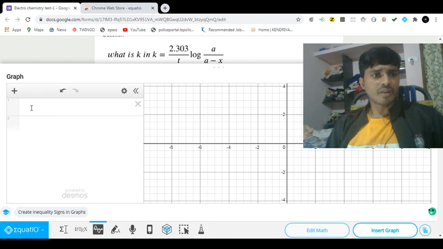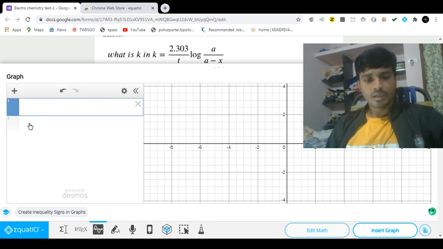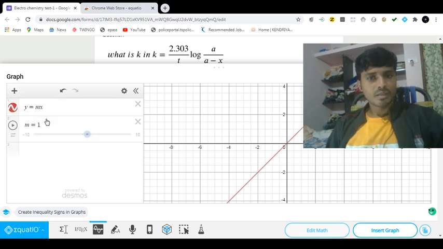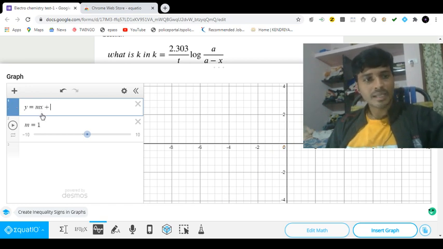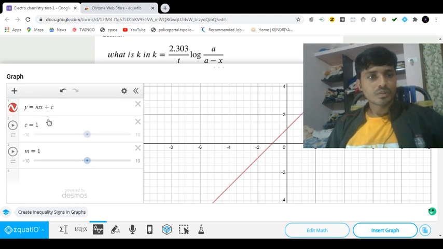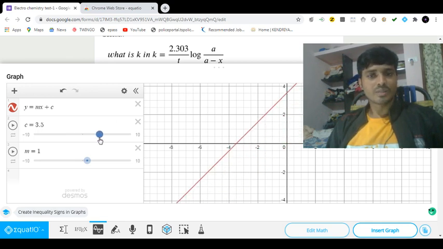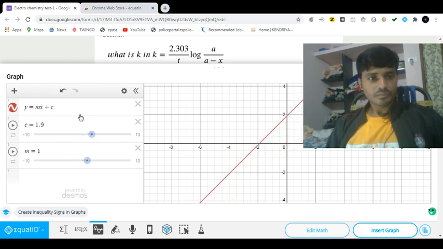If you want a particular type of graph, for example, I want to prepare a graph of the straight line y is equal to mx. Okay, this is how it will come. Or if I want to prepare a line that intersects the y-axis, y is equal to mx plus c. The moment I type it and click, it shows how it intersects the y-axis. Now you can adjust, and according to the values it will adjust automatically. This is mainly useful for the math teachers. Now, that is all about the graph.